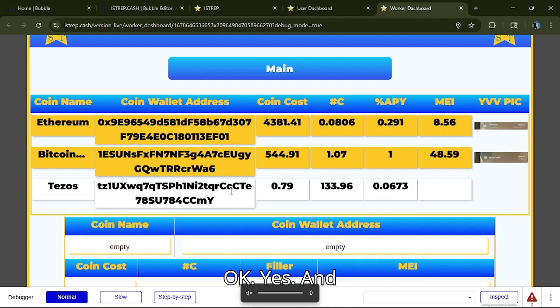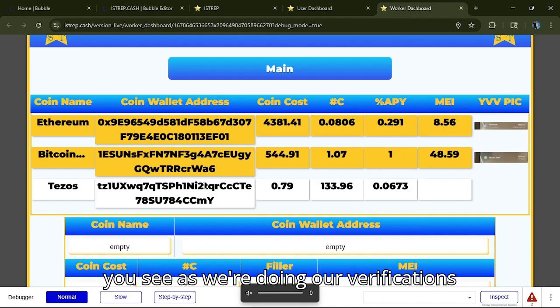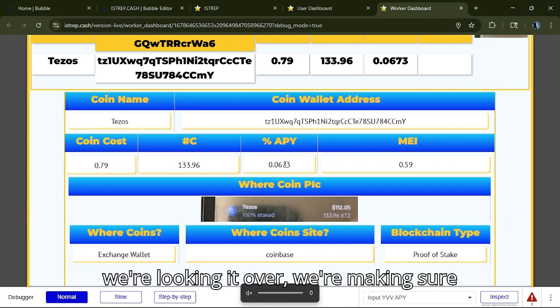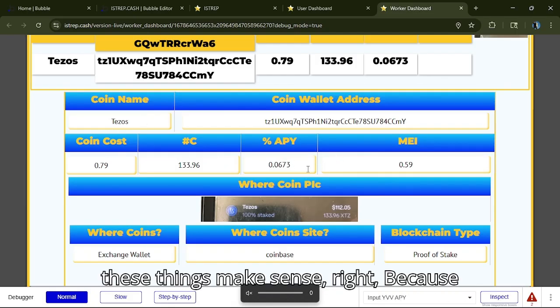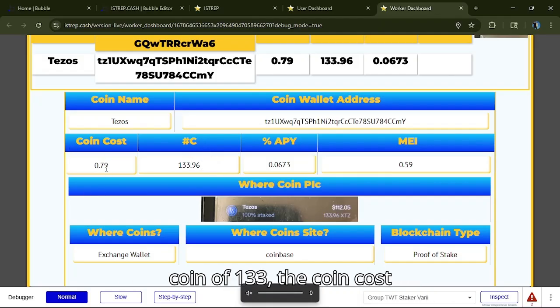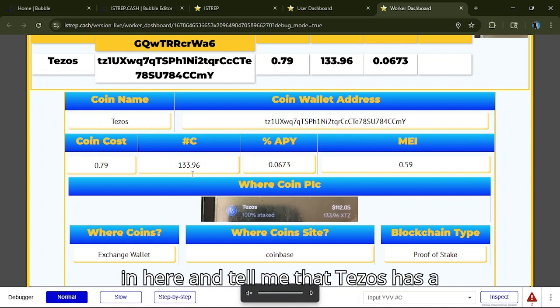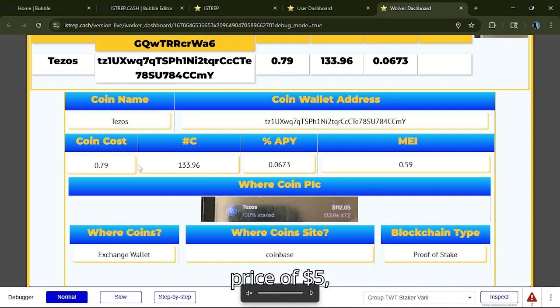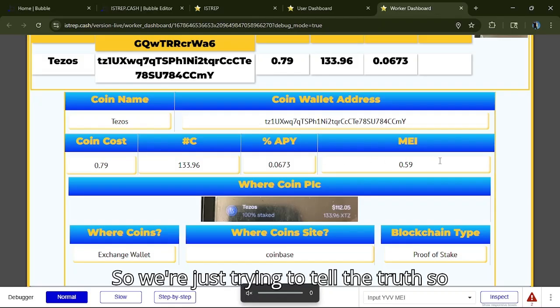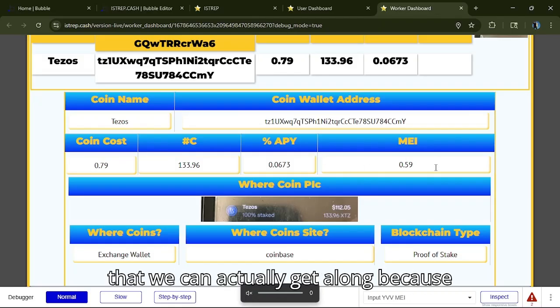Okay. Yes. And you see, as we're doing our verifications, when we click here and we're looking it over, we're making sure these things make sense, right? Because we can kind of see that they have a coin of 133. The coin costs 79. It's Tezos, right? So if you're coming in here trying to lie, I'm in the blockchain space. If you come in here and tell me that Tezos has a price of $5, we're gonna throw your verification out the window. Yeah. So we're just trying to tell the truth so that we can actually get along, because